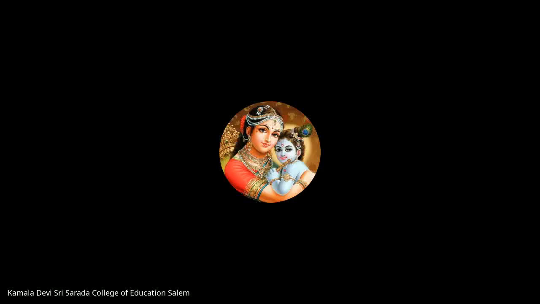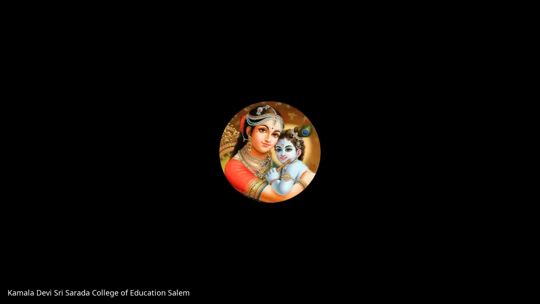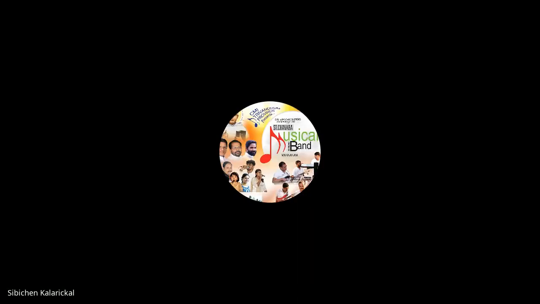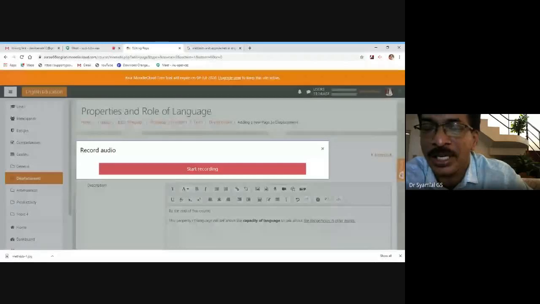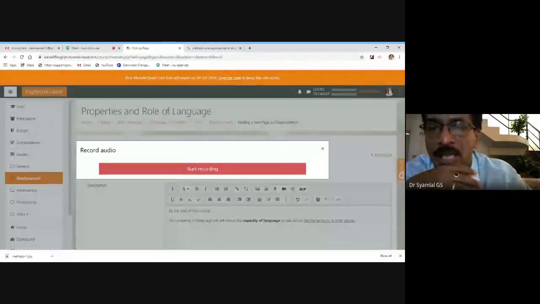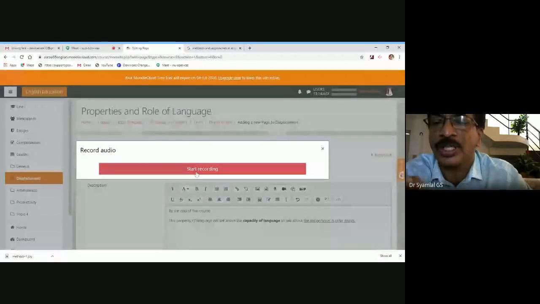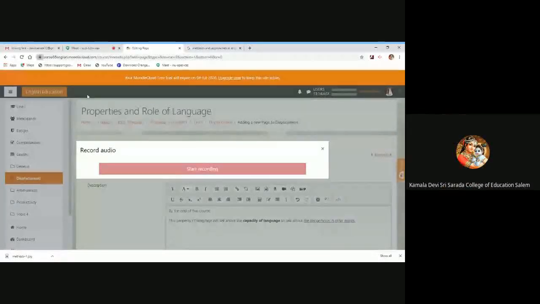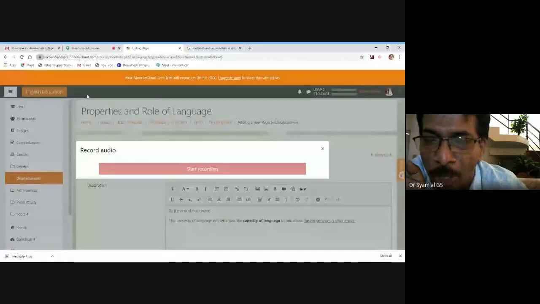Record audio, yes. You say this description to your laptop and record it. Start recording, stop recording. Kamala, press the button Start recording and say something, not just something, something related to the topic.